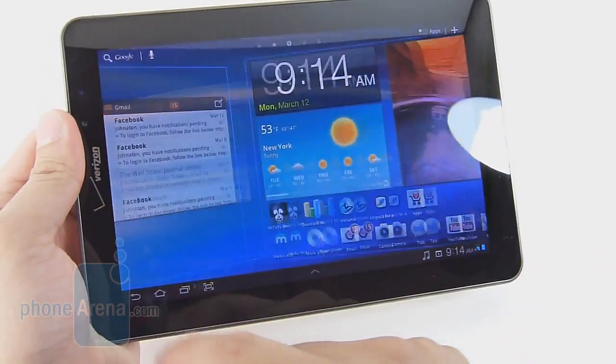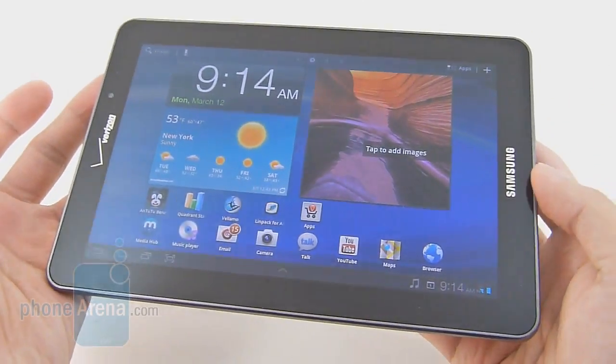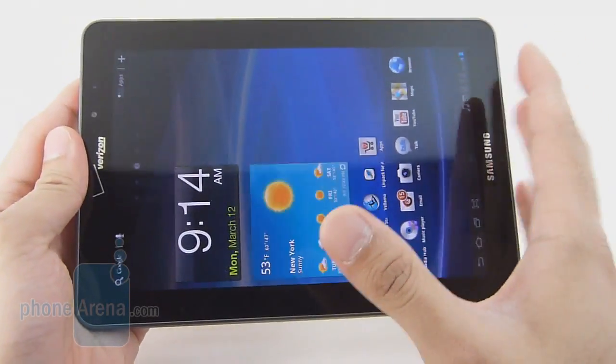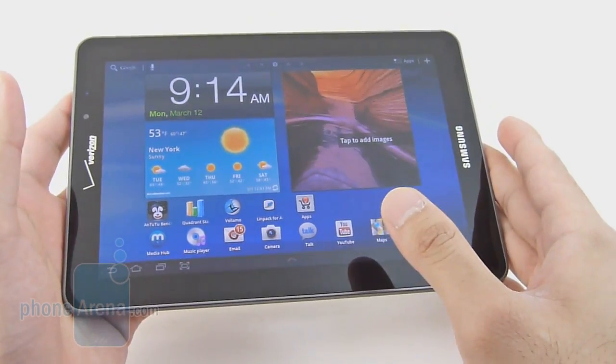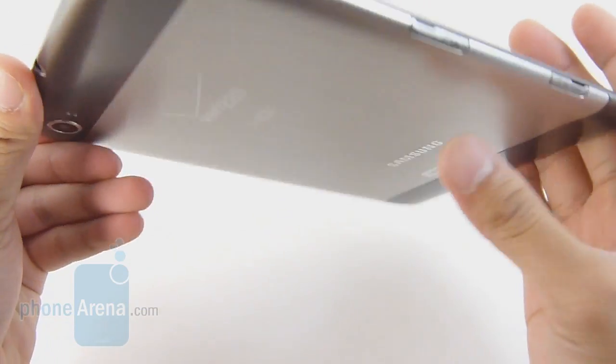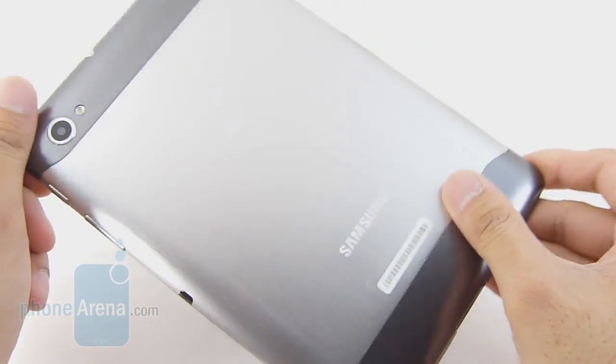For example, the Asus Transform Prime and even the upcoming new iPad. But if you're more concerned about size, it has a really nice footprint with a 7.7-inch display, and it's pretty decent. So if you'd like to learn more about the Samsung Galaxy Tab 7.7 LTE, you can check out our website, guys,